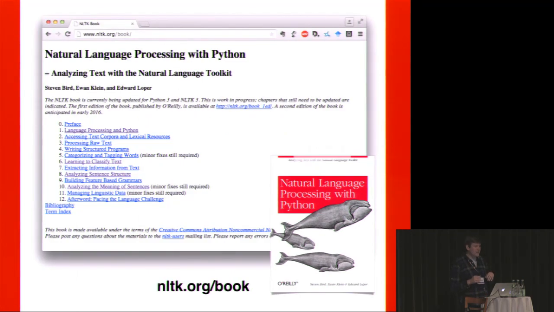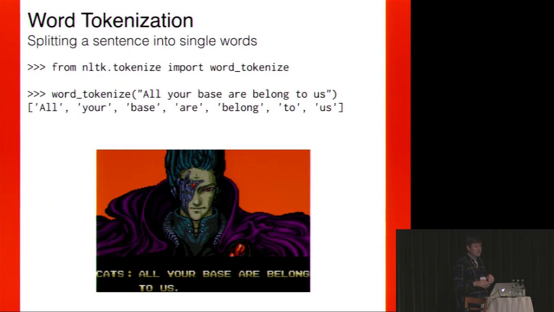For me, a good starting point is this O'Reilly book, which you can actually read for free on nltk.org/book. It's a great resource to start with, a lot of tutorials. It's well documented, and it also comes with a lot of corpora, so it's data to play with. One of the most fundamental things you have to do is splitting a sentence into single words, which is called word tokenization. And as you can see, it's just 2 lines, and then you have a list which you can